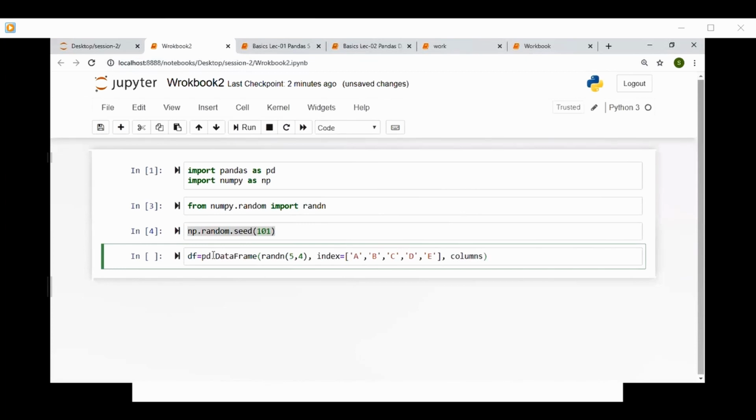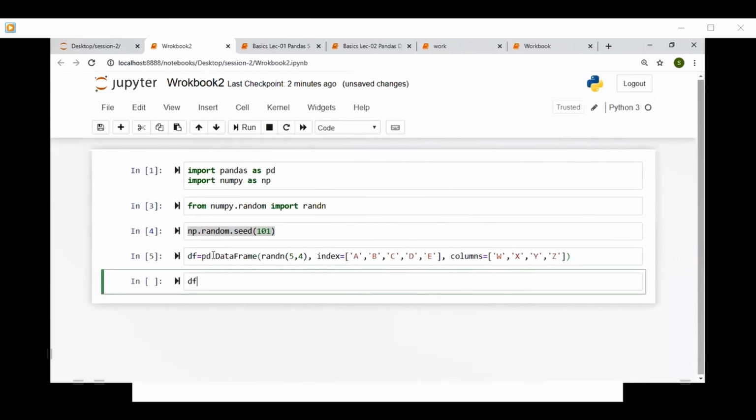I want to keep those column names as W, X, Y, and Z.